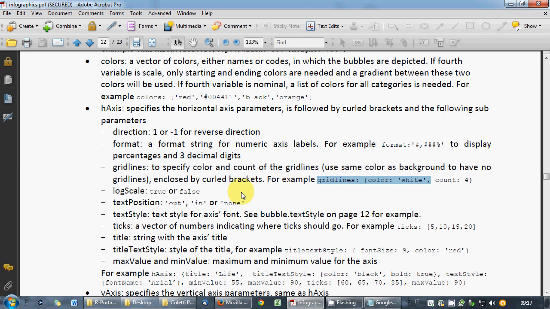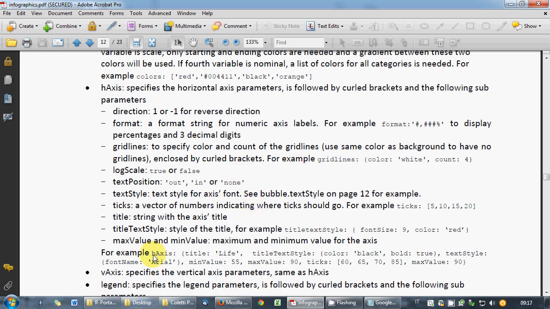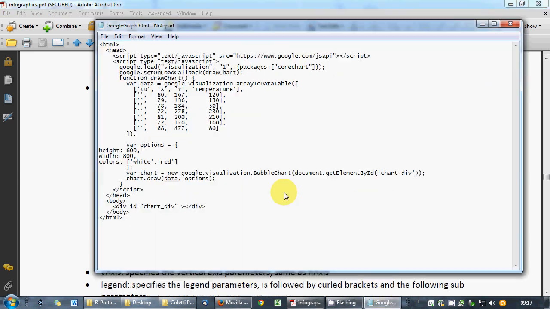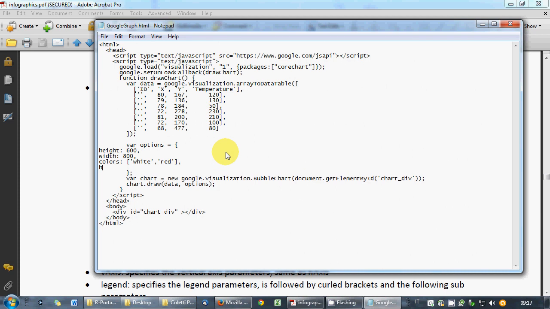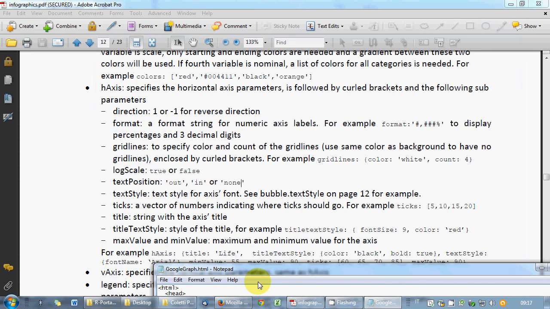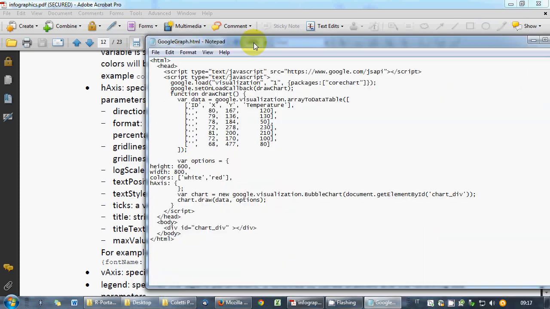So let's start. There is a wonderful example here. hAxis colon, comma, hAxis colon, curly brackets, title, it's written there, so title colon AA, comma,